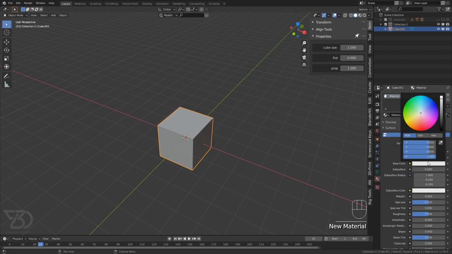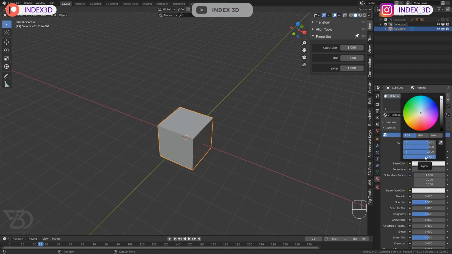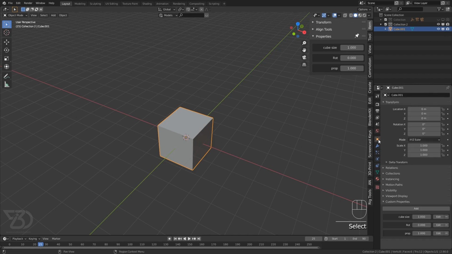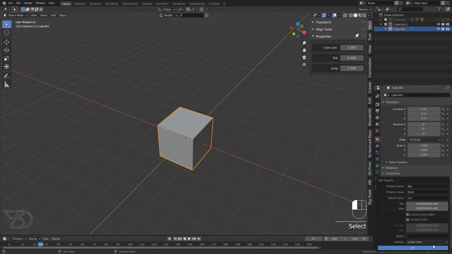So let me see, we will need at least 3 values for the color, or 4 if we need the alpha channel as well. So 3 is RGB and the 4th is the alpha channel, transparency. If you want to control transparency, then we will have to create 4 values, and if you just want to control the colors, then we will have to create 3 of them. So let's create 3, and here is the rot, not the road prop.